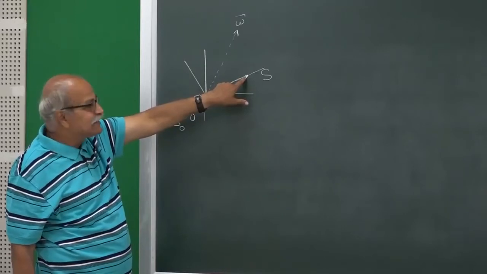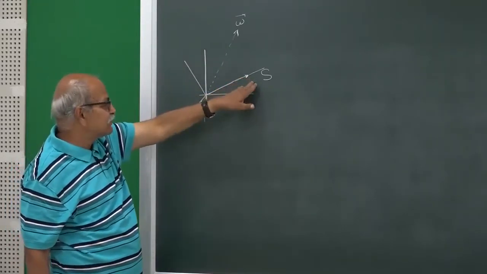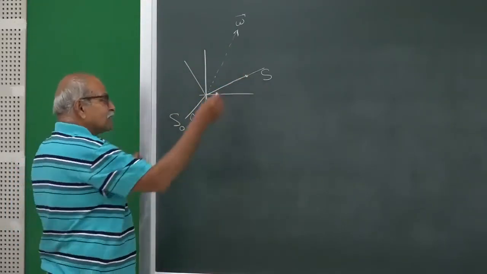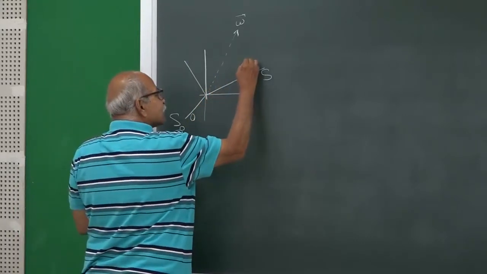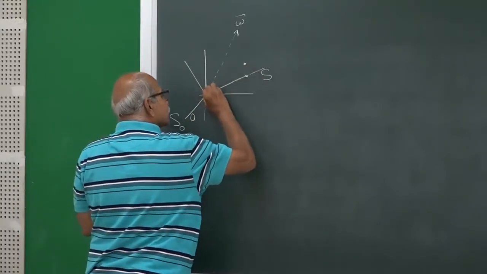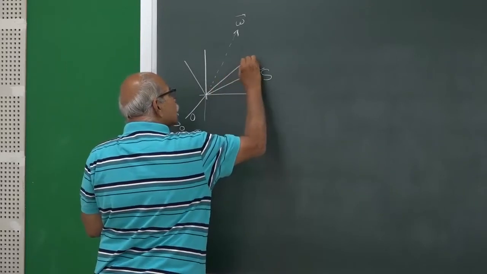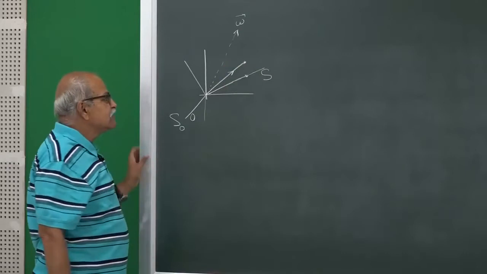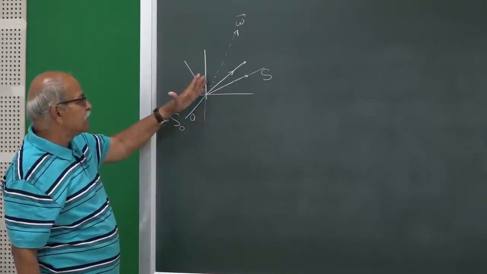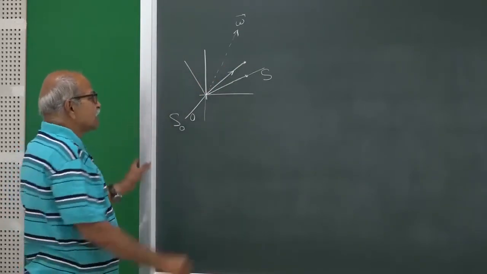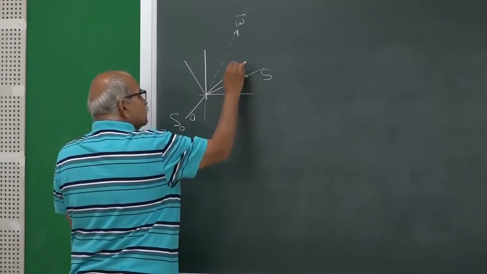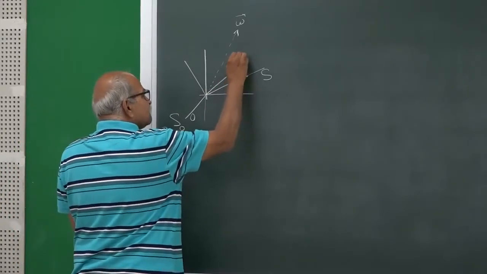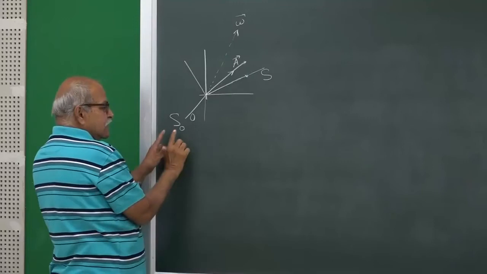That means it is fixed in the S frame of reference, or there is some other point you can take and say this is a vector, and not necessarily a position vector alone, any vector which is fixed in this frame. So, one can consider that, and if you call this vector A, then we saw that in